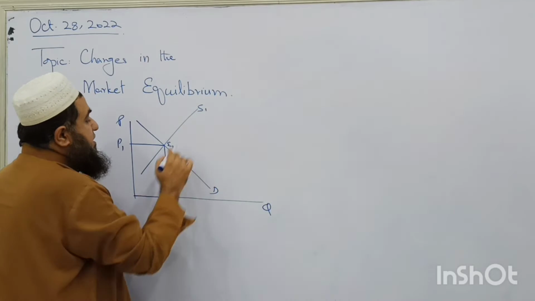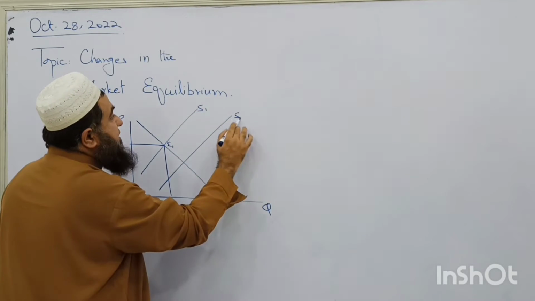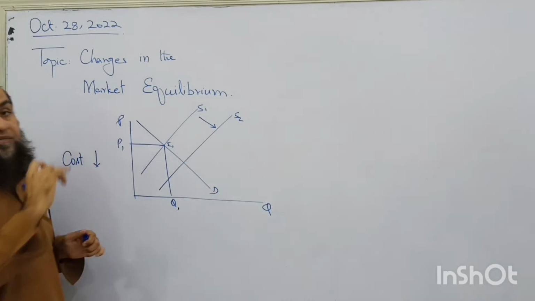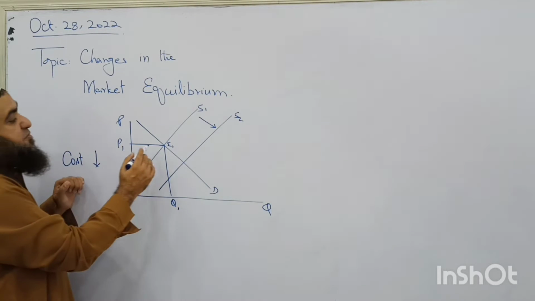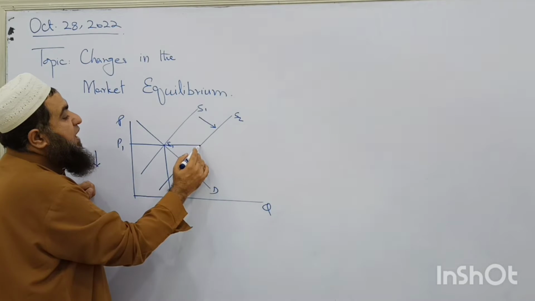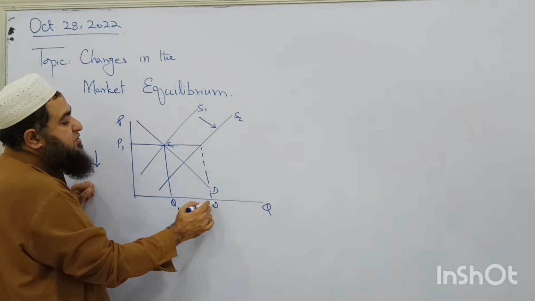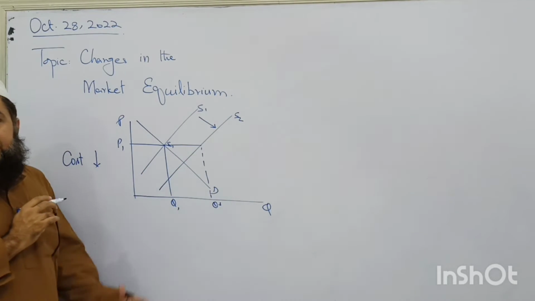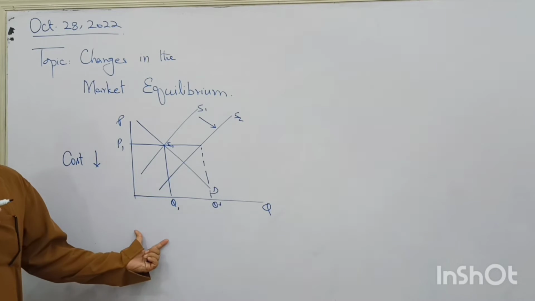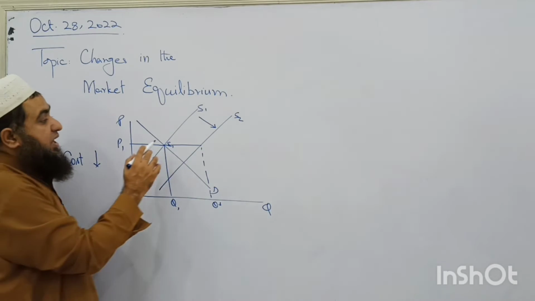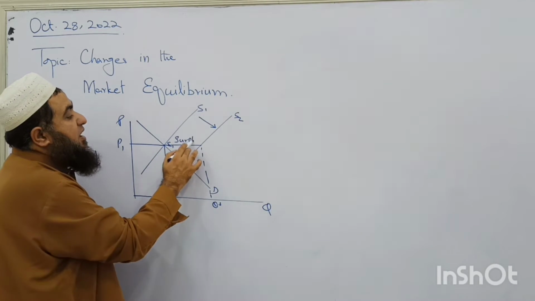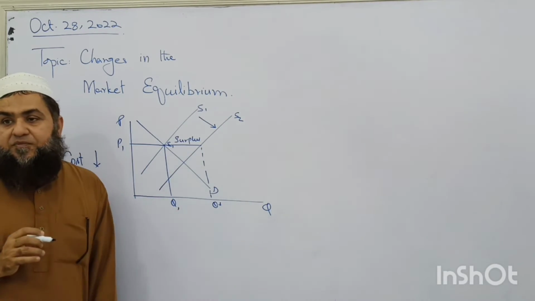So what happens? Now the supply curve will shift rightward or downward. What is happening? Now supply has shifted downward. So look here at the previous price. Now the sellers are ready to supply more than is demanded. Consumers are not demanding too much, although the producers have supplied more. So there exists a surplus of the product in the market.